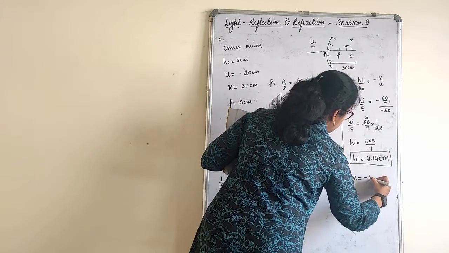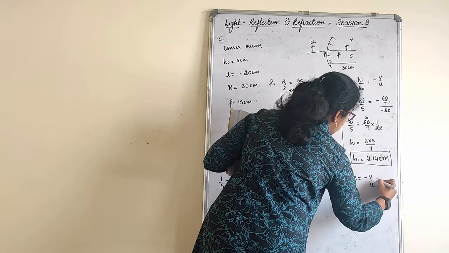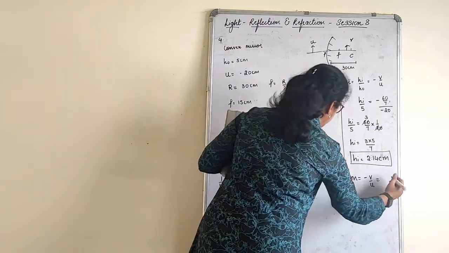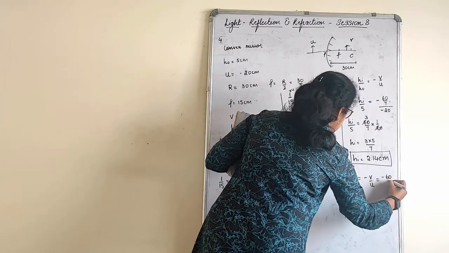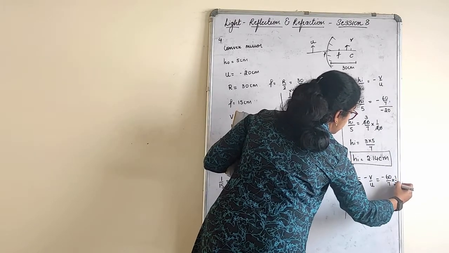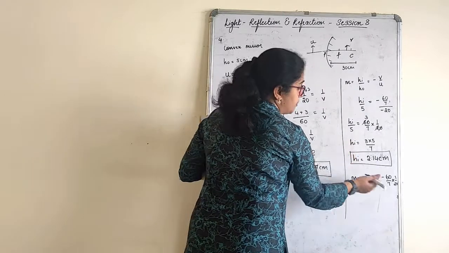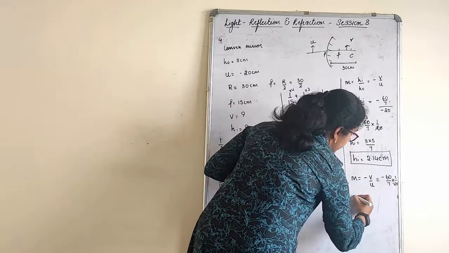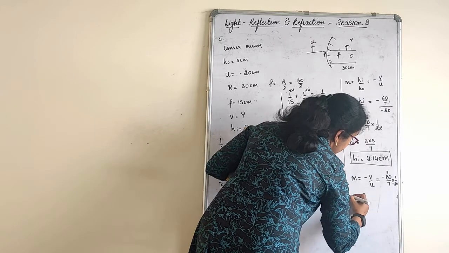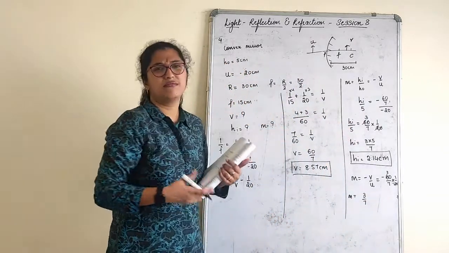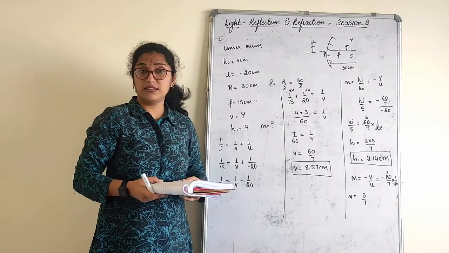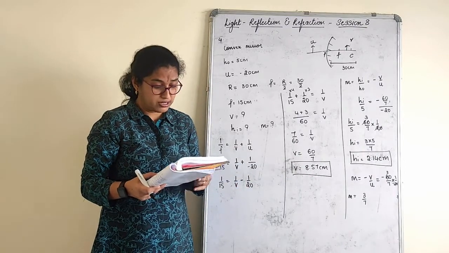So minus v by u I will consider. Not required to find, it's up to you. So minus v minus 60 by 7 into, I will write here 1 by 20 directly. Why? Because reciprocal I take. Minus and minus will get cancelled. So 2 ones are 2, 3 twos are 6, so this is 3 by 7. Simple, you can see 3 by 7 times it is going to come. That's the magnification. Very clear on this?